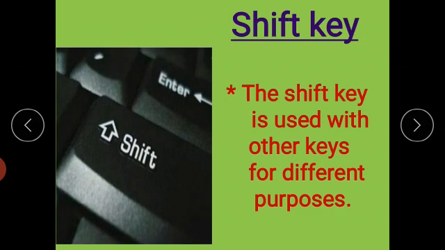Okay, children. But children, the shift key is also used for writing capital letters. How? Do you know? Okay, I will tell. First we press the shift key, then we can type any letter, means A, C, D. Whatever letter we press along with the shift key, the letter appears in capital form, uppercase. Okay, children?